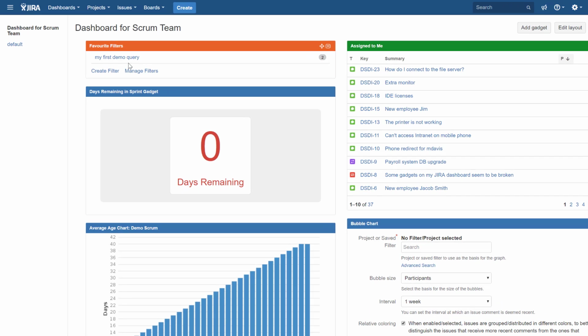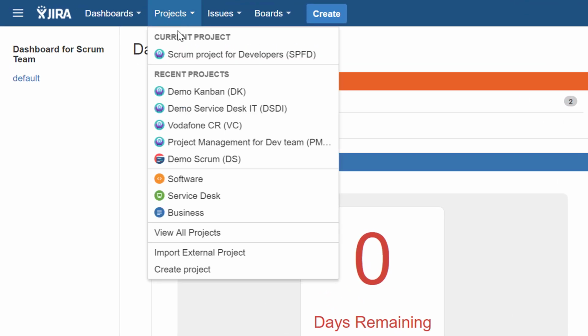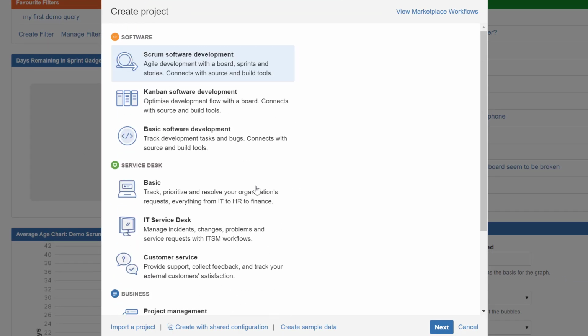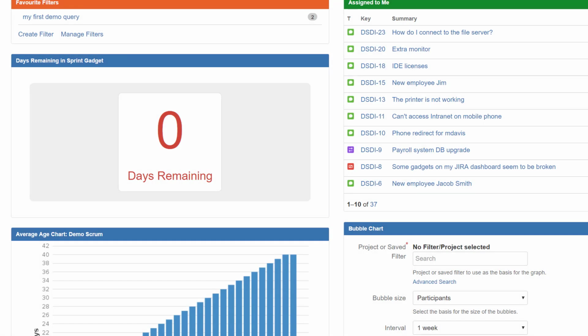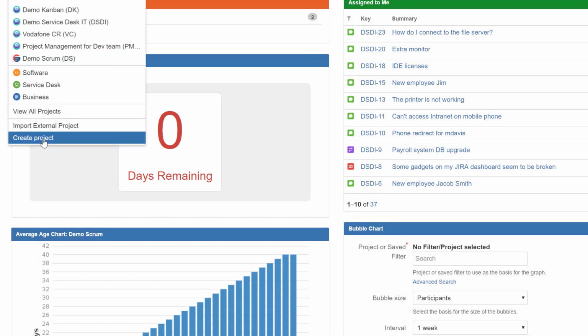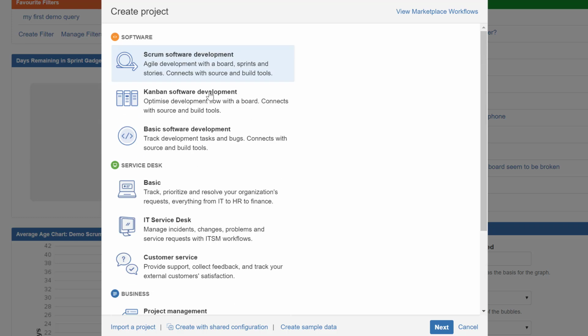Okay, first things first. I'm gonna start creating a very blank project without any issues. So basically, I'm gonna go through a simple process again. I'm gonna show you one more time. So projects, we go to the top menu and create projects. And by the way, you need to have a permission. I'm the super admin, that's why I'm assuming you also have admin rights. So I'm gonna select the first option from my Jira. By the way, that screen may look a little different on your Jira. Why? Because